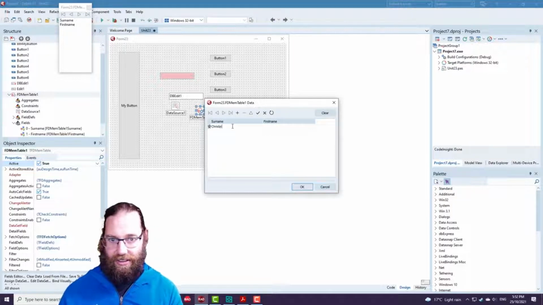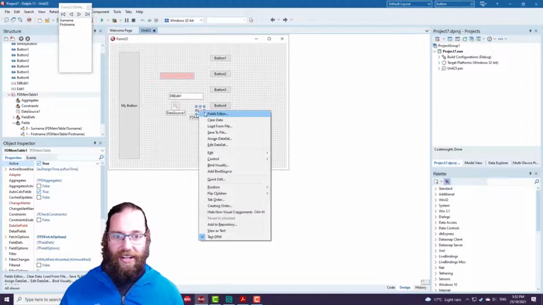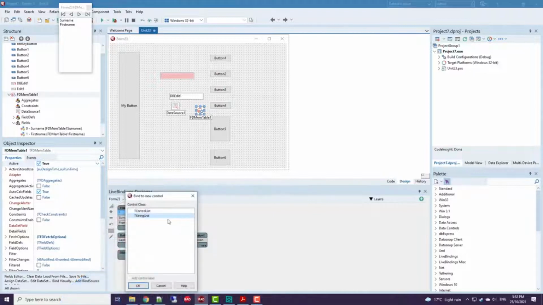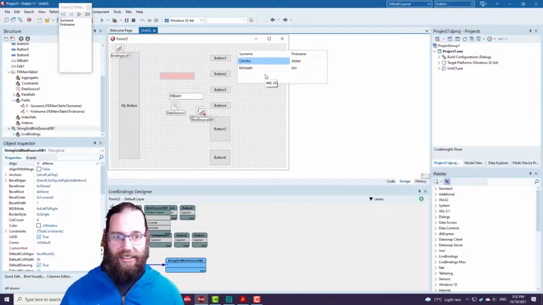And we can then add data at design time, and I could go bind visually and right click and link to new control. A string grid is good, and there is our data